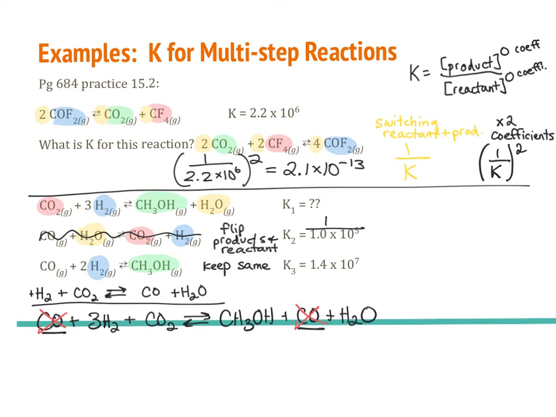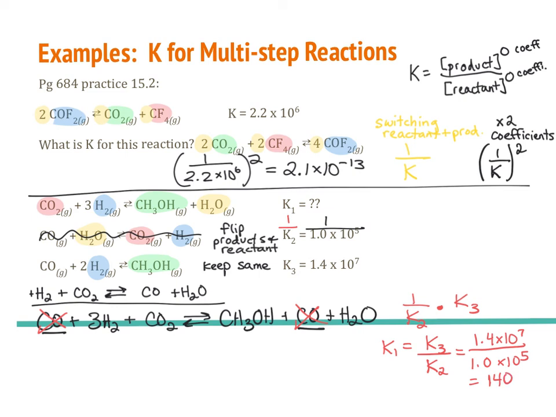Now I need to think about how am I going to combine these two Ks. When you add multiple steps of a reaction, you're going to end up multiplying their Ks. And so since we had to flip over K2, what we're going to do here is take 1 over K2 multiplied by K3, which has no changes to it because no changes are made to that second step. So that means K1 is going to be equal to K3 divided by K2. And if we wanted to get a number for that, you take 1.4 times 10 to the 7th divided by 1.0 times 10 to the 5th, which would give me